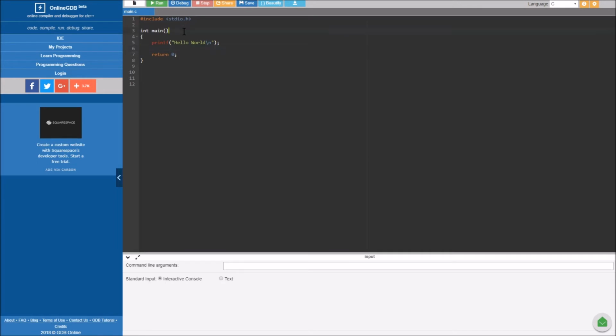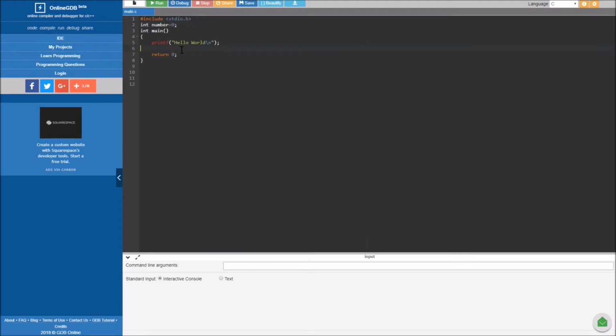Let's make it a global integer. For global variables, as you can remember, we write them outside of the function so they can be used in any other function in which we call them. For example, integer number equals 0,